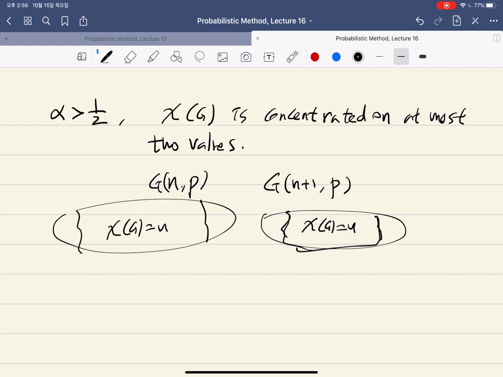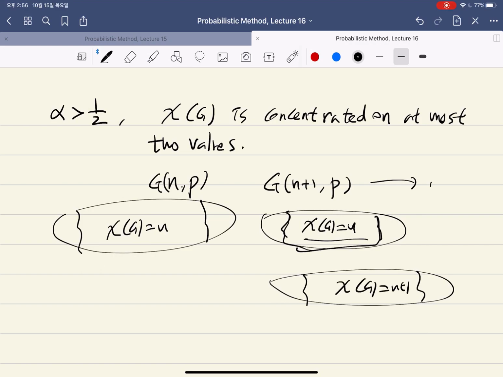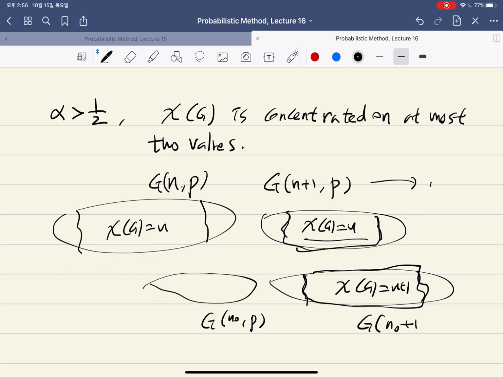And you keep increasing n by 1. Then at a certain point, this chromatic number should grow. So at a certain moment, it should be that now the next value is taking up most of the space. But right at the time, between G(n, p) and G(n+1, p),